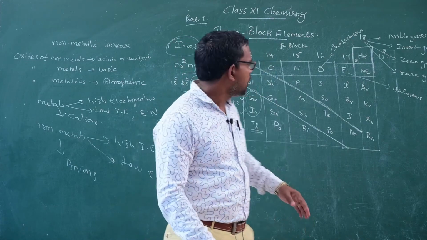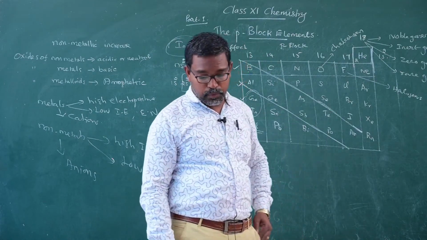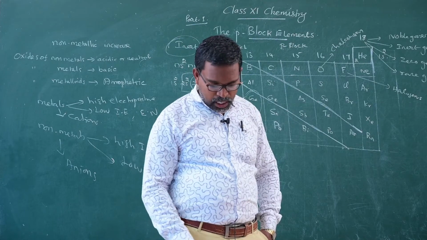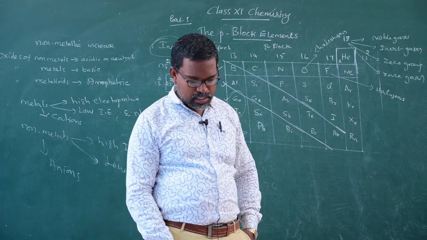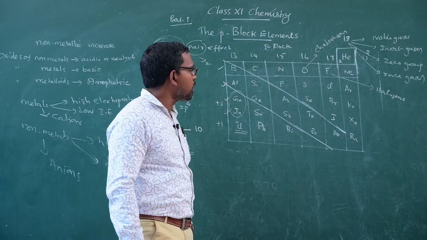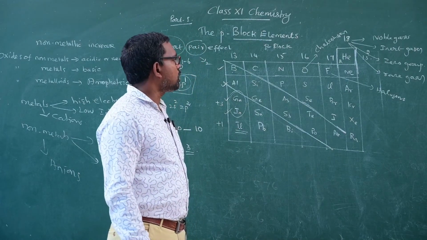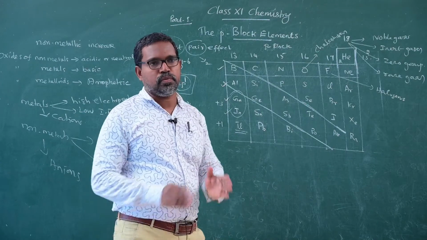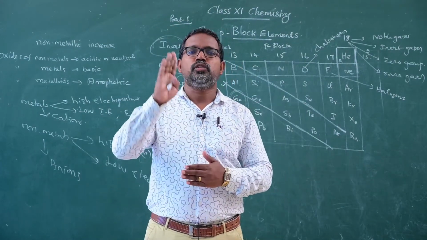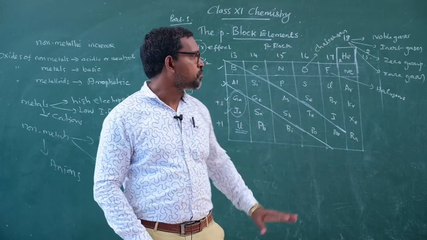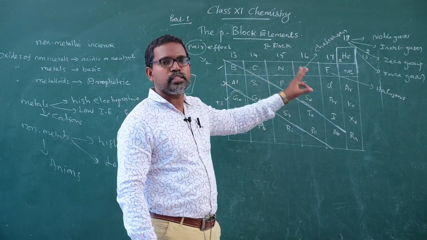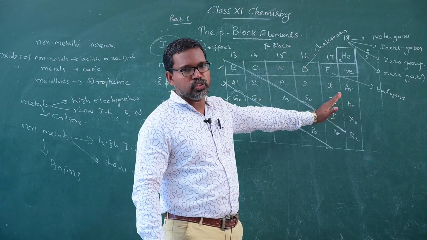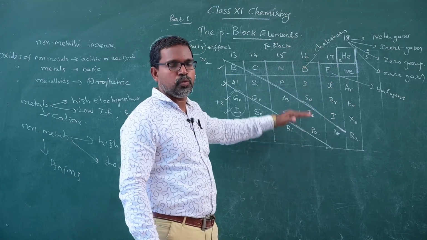Increases down the group, and the same properties decrease as we move left to right. And the electronegativity, I already told you, covalent radius, van der Waals radius, electron enthalpy, enthalpy of atomization. So these are the variable properties, left to right and top to bottom. Simply say, left to right ionization enthalpy, electronegativity and oxidizing property increase, top to bottom decrease.